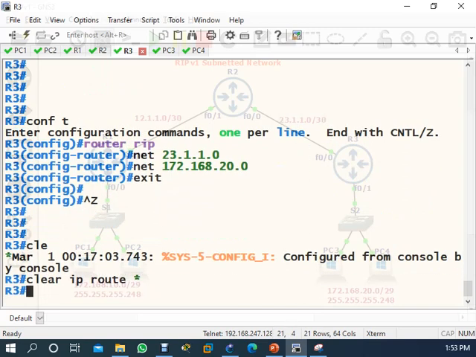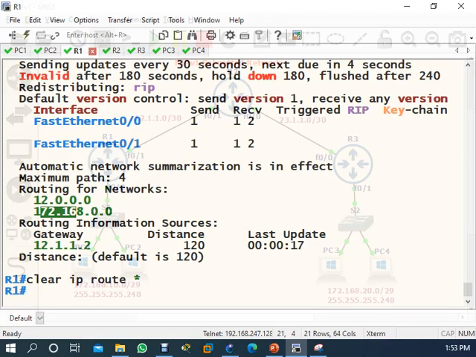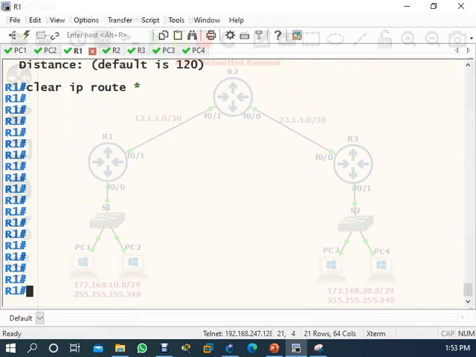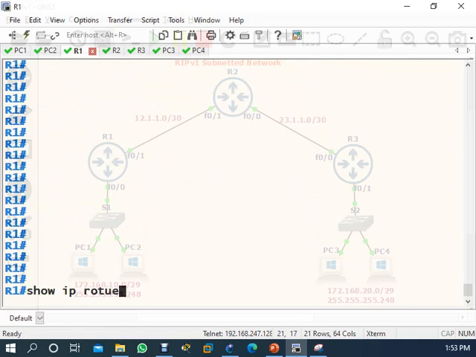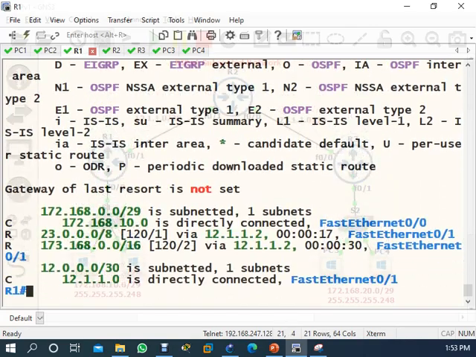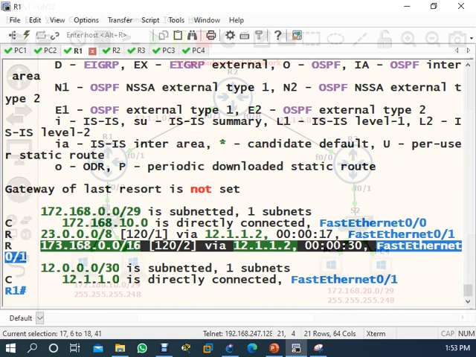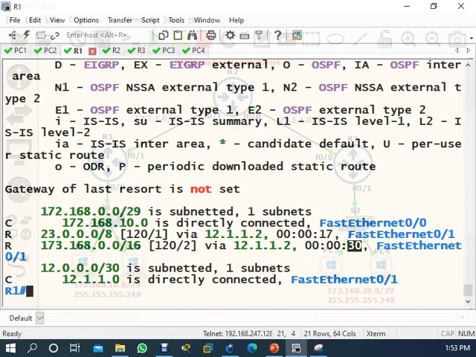After this, if you come here and type show IP route, see, the 23, 73 metric is the older one. It's already been more than 30 seconds, so it will be removed, don't worry. It will go out.